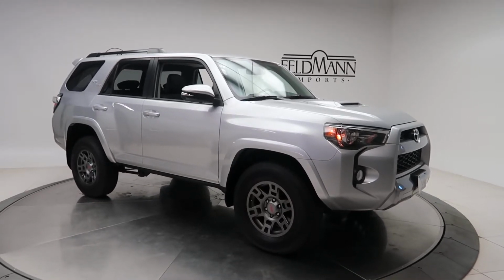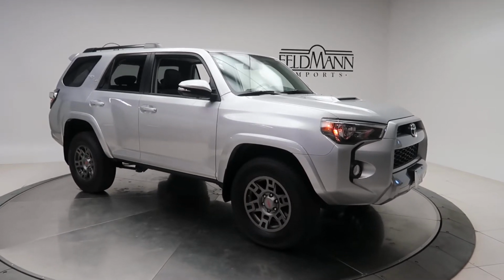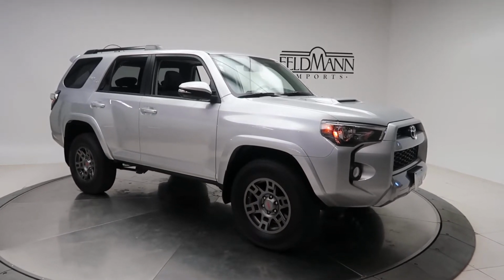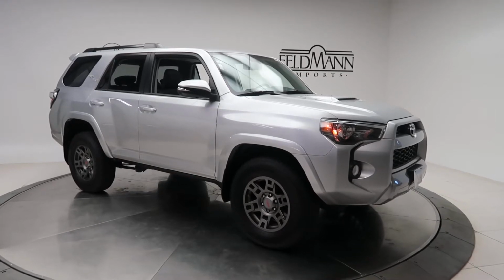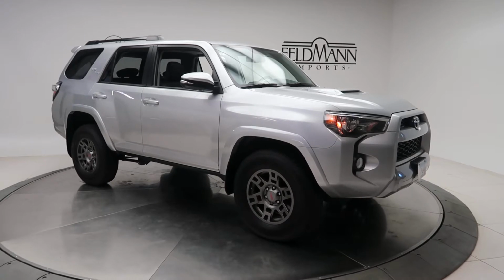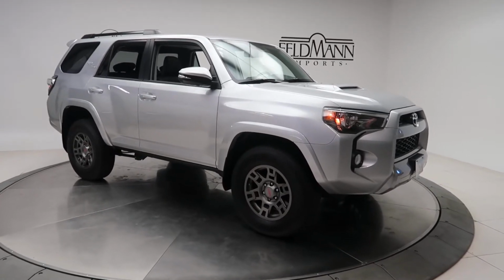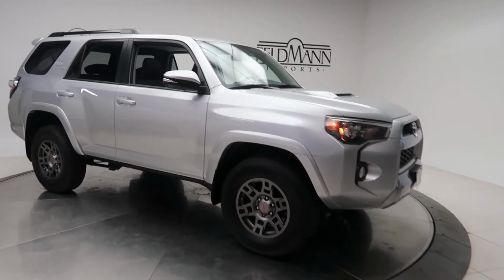Today we're taking a look at a 2019 Toyota TRD Off-Road Premium. This one is silver. Underneath it is a 4-liter V6 with 270 horsepower and 278 pounds of torque. For wheels, we've got 17-inch TRD alloy wheels, front and rear LED daytime running lights,